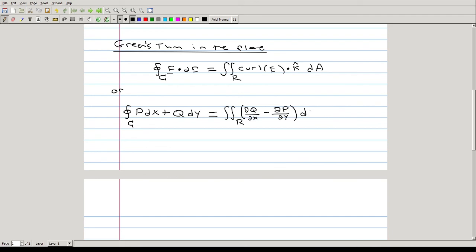dy dx. Using Cartesian coordinates, dA is just dy dx. So both of these things mean the exact same thing. We're essentially saying that the circulation of the vector field f is equal to the accumulation of curl inside the